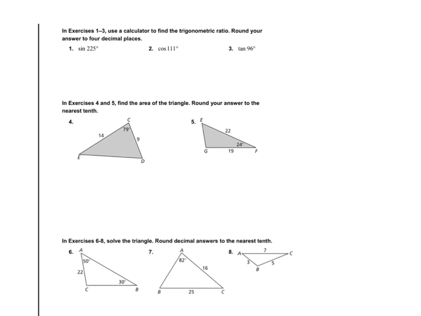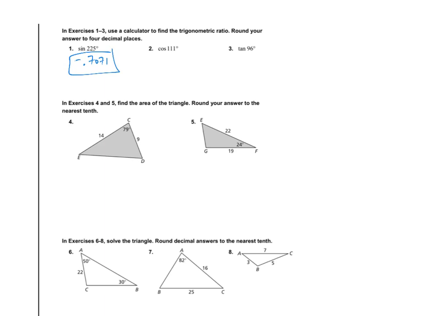Okay, so it says for the first part, use your calculator to find the trigonometric ratio, round your answer to 4 decimal places. So for the first one, we have the sine of 225. I put this into my calculator, and I end up with negative 0.7071